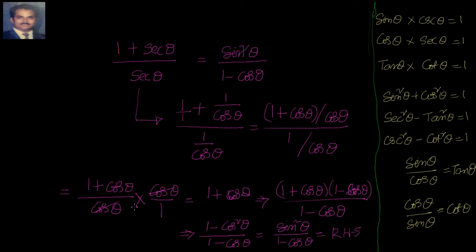Okay, right. So just go through that. It's pretty simple, right? What we did is basically we converted secant into cos. We arrived at 1 plus cos theta, but we see the problem has 1 minus cos theta at the bottom. So we multiplied numerator and denominator by 1 minus cos theta and simplified it.